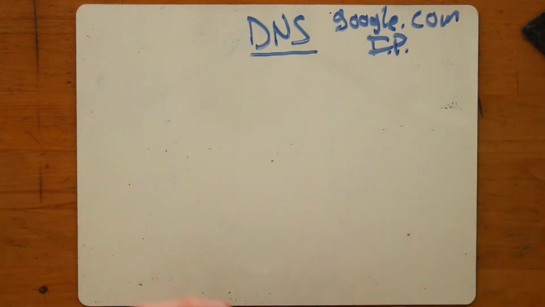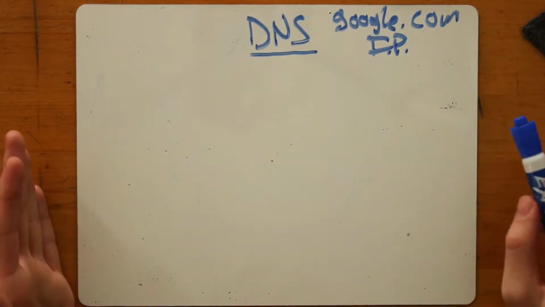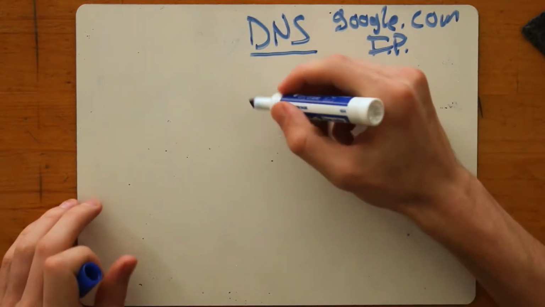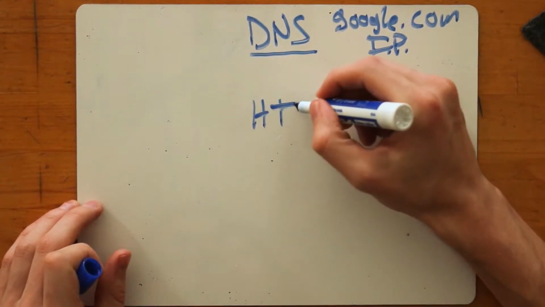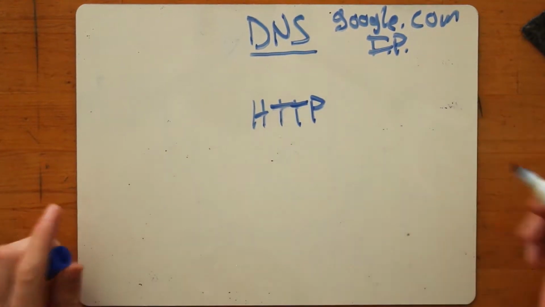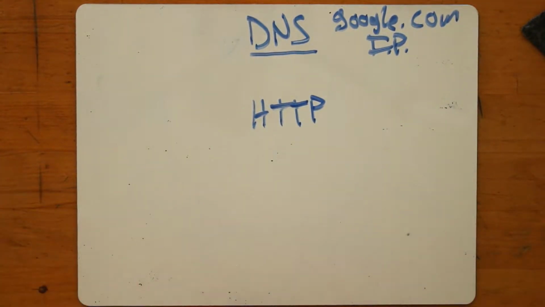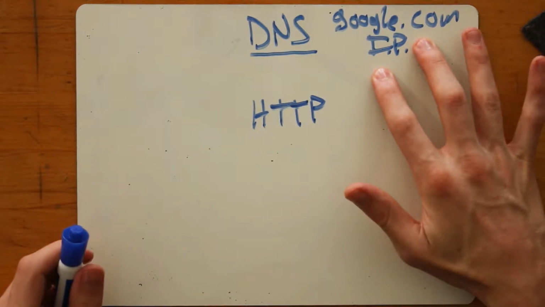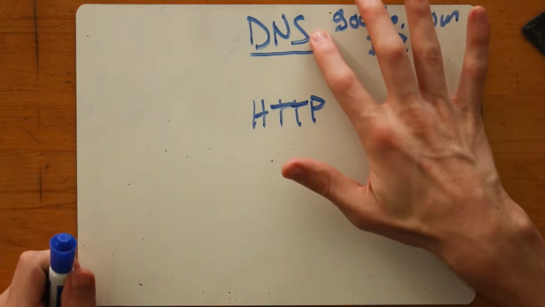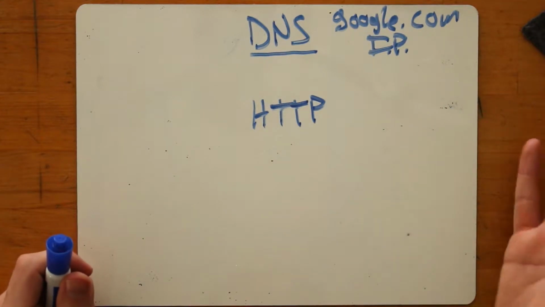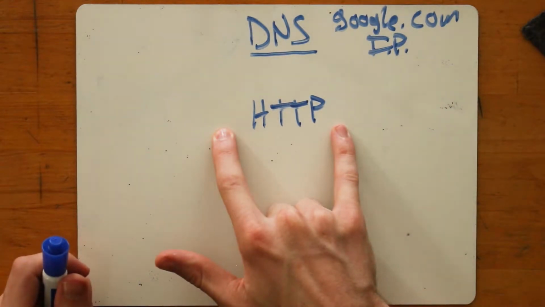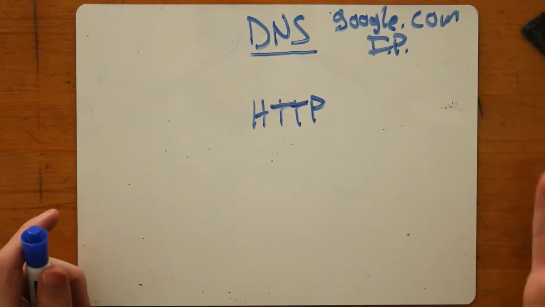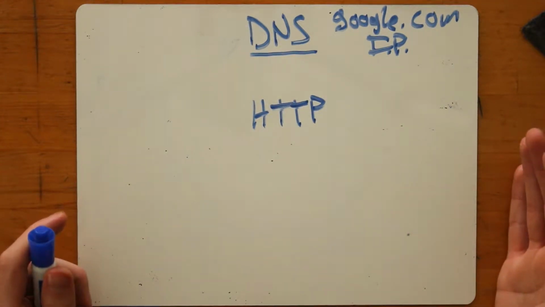And now we have an IP address, and the next steps that we're going to take are all about setting up and fulfilling an HTTP request. So we're finally going to be able to actually communicate with Google's server using the IP address that we got in the last step via DNS, and we're going to use that IP address to send an HTTP request to Google's server. But I wanted to do this video, which is a little bit of an aside,